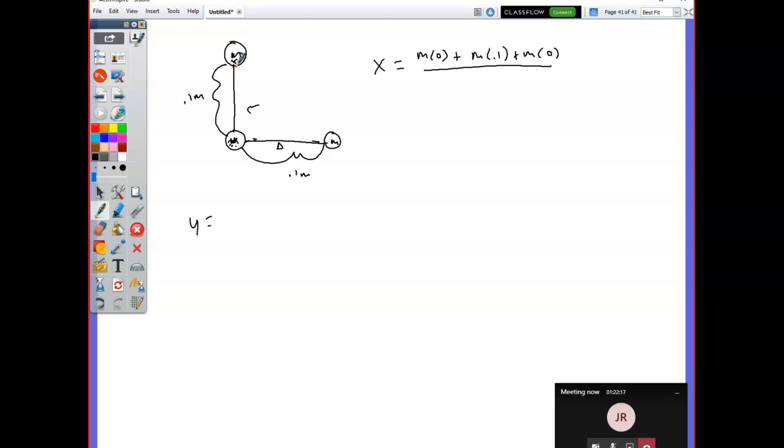Okay, what's my total mass? M plus M plus M. Let's do a little mathage. I get 0.1 m over 3m. Yes, 0.033-ish, isn't it? Or 0.33 meters. And if you use centimeters, you get 3.3 centimeters, right? Yeah. Nothing wrong with that? And then in the y direction, you do